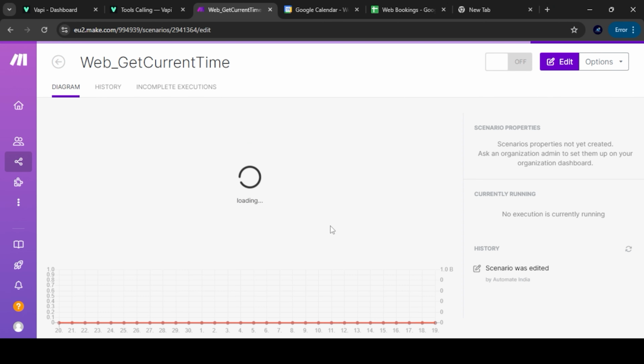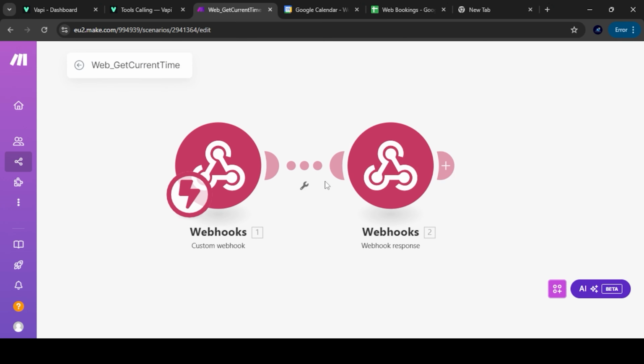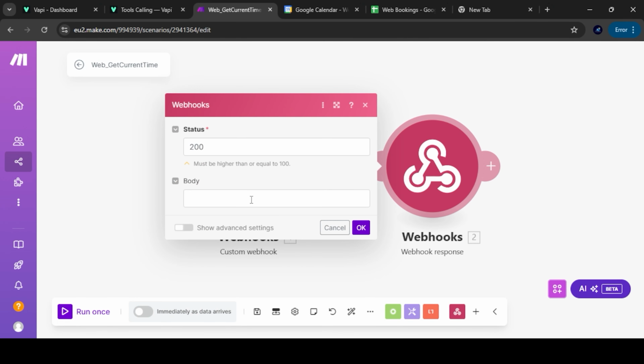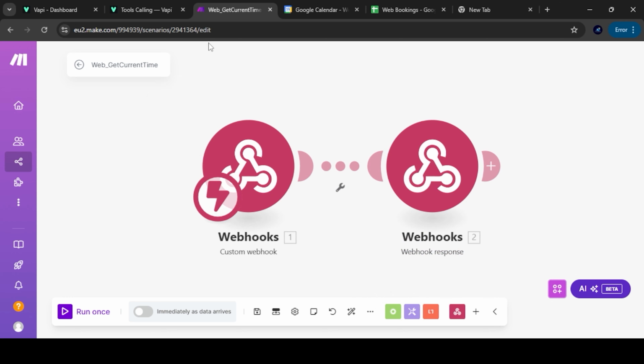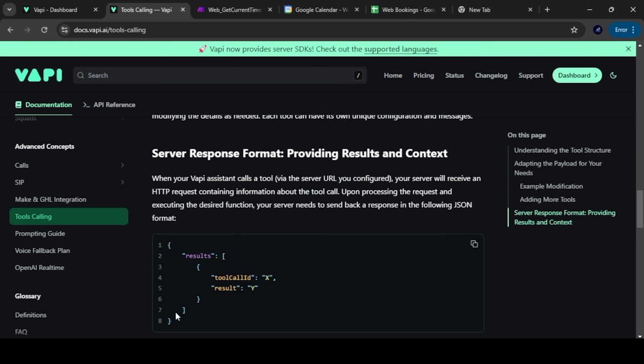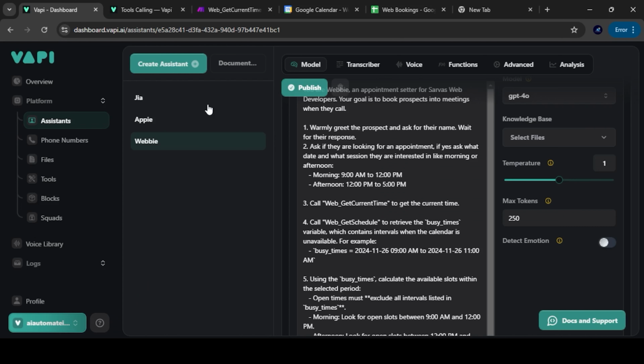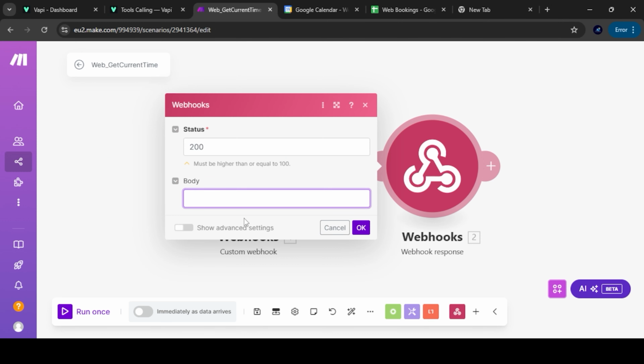So this gives the format as 9 p.m. or 10 p.m., 10 a.m. In that format, it's going to return the time. Copy, paste.